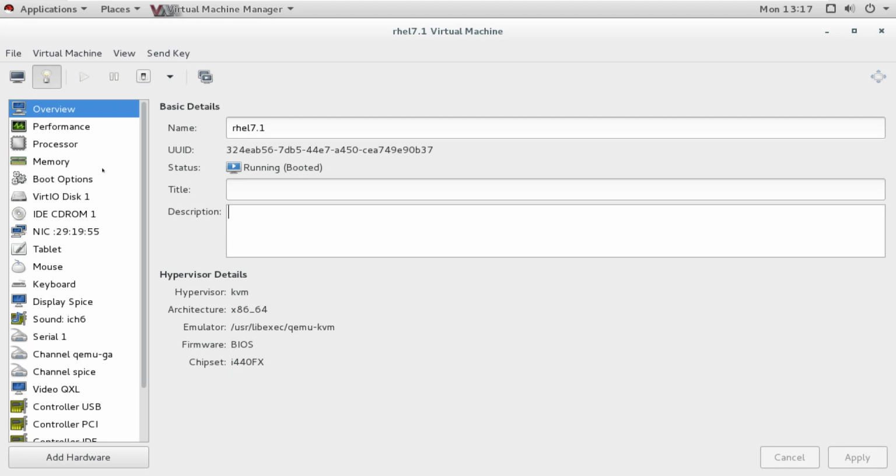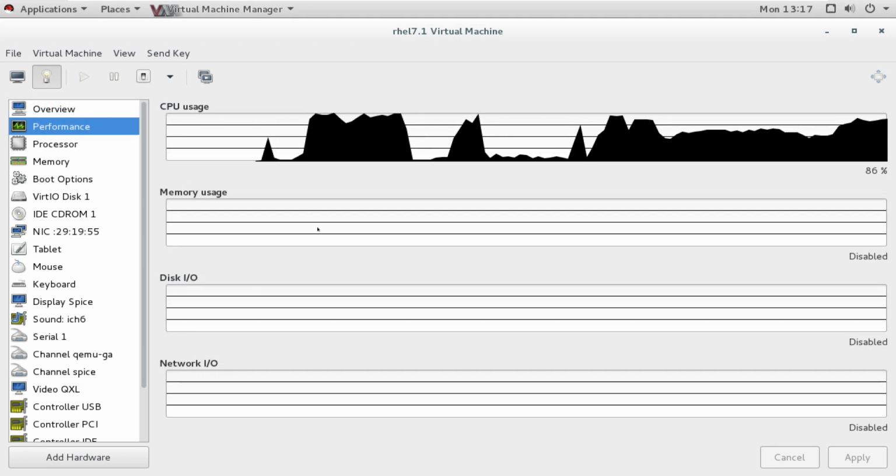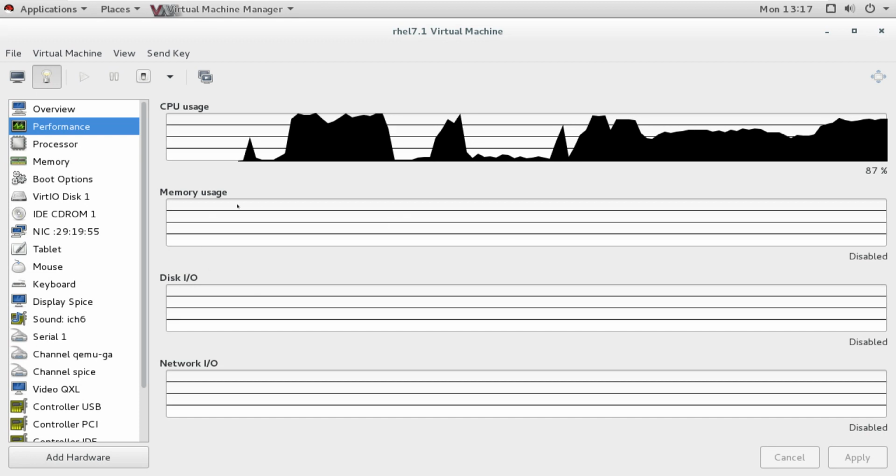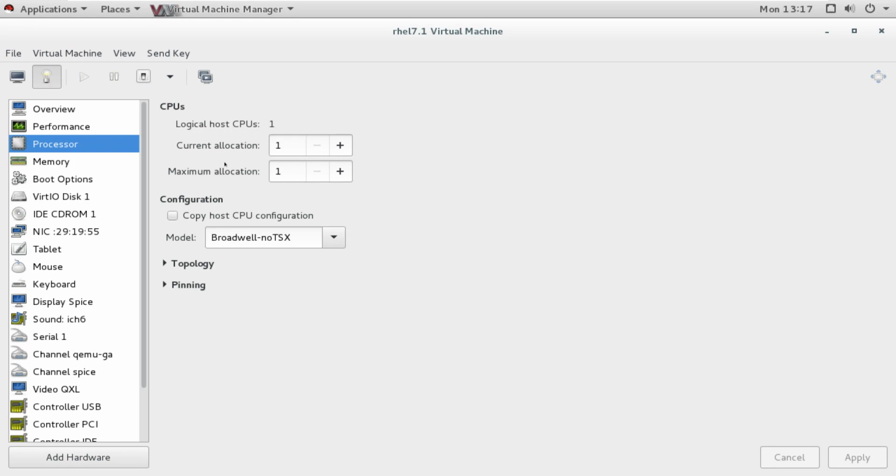If you go to performance, it shows how much CPU and how much RAM it is using, and all that. Then you can check the processor: how many processors we have, the configuration, topology, and pinning.